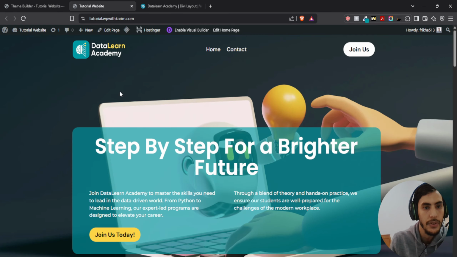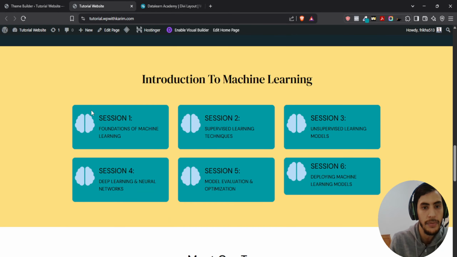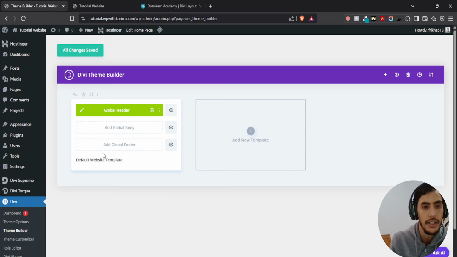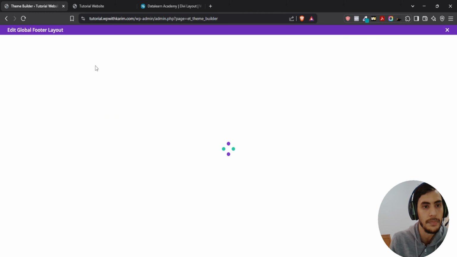But let's go first and check our current footer, how it looks. So as you see, when you scroll down, you go back to the footer, we're gonna see the old default Divi footer. So we're gonna change that to our custom footer. So let's go back to Theme Builder, click on Add Global Footer, build a global footer,